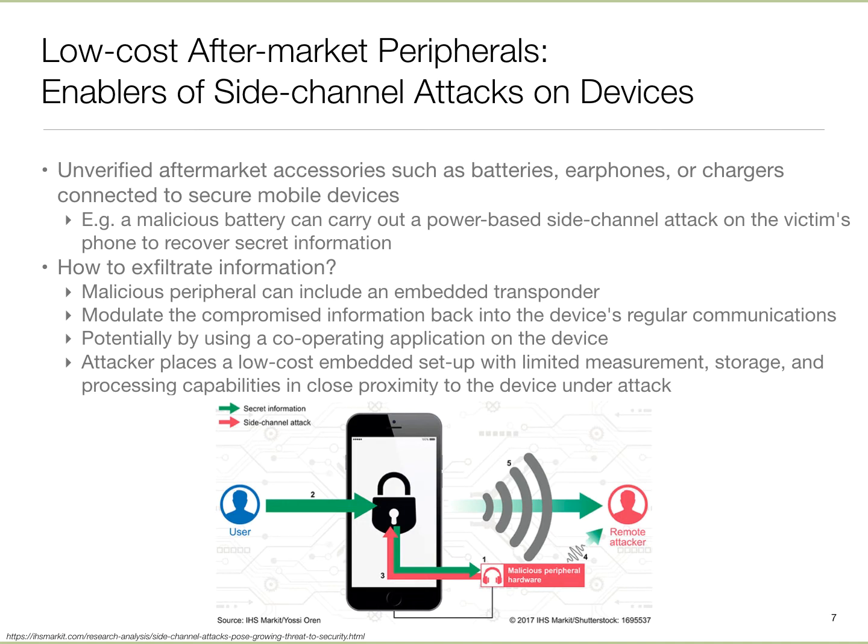But these are smart batteries. They're not simply supplying juice to your phone. They can do all sorts of other stuff, including measuring the power, and they can have a radio built in, and they can send that information out. So now that battery is in a very powerful position. It can see how much power your phone is consuming and send that information out, and therefore becomes this kind of a side channel. So batteries can cause this.